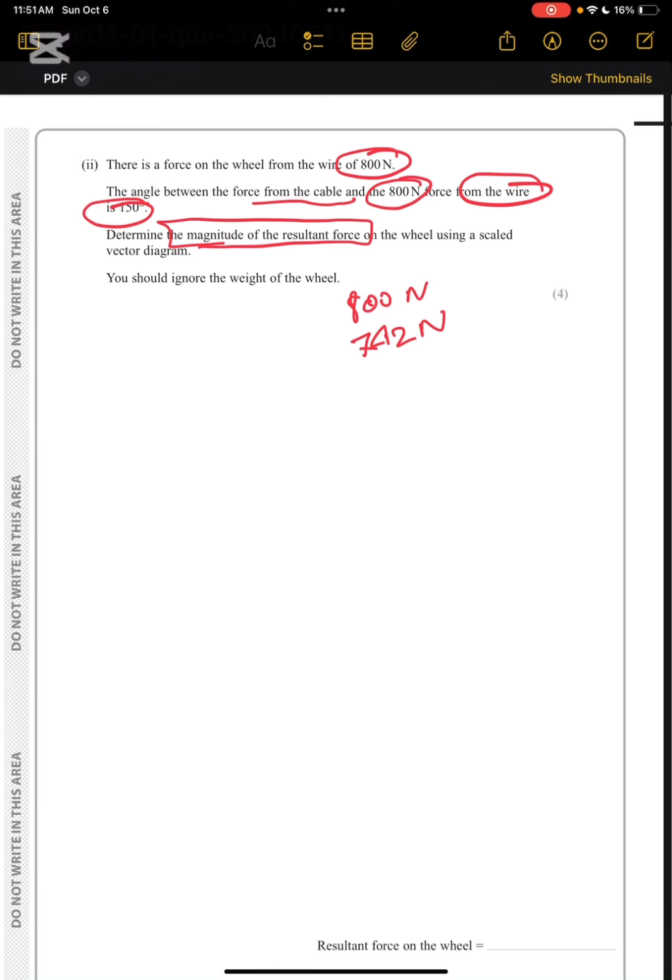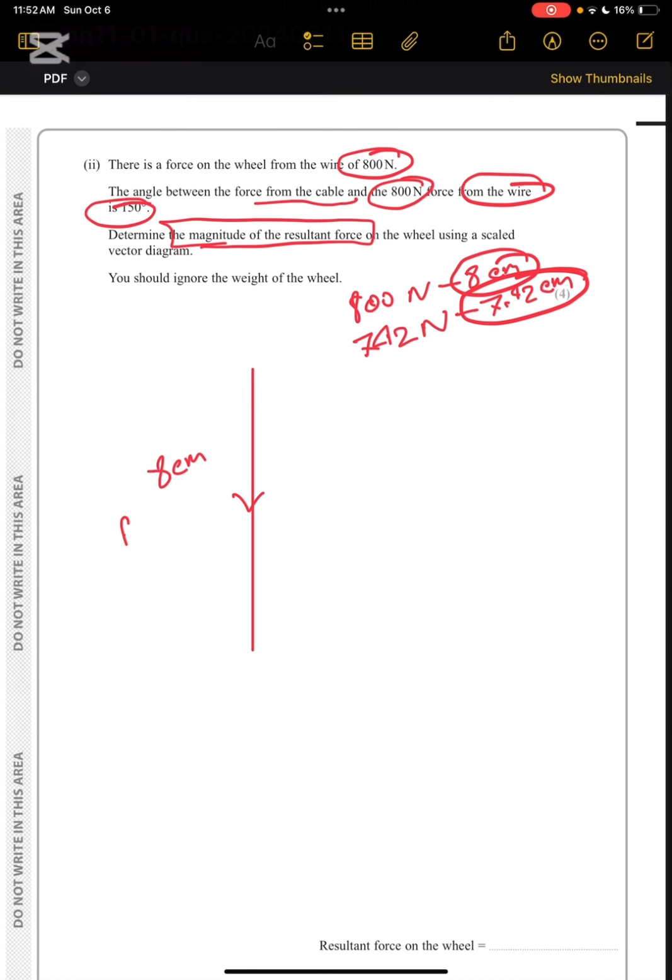So we can use a vector diagram to find that out. What we can do is, for 800 Newton we can take 8 centimeter, and for 740 Newton we can take 7.42 centimeter, and draw these two into a vector triangle to find out the resultant force. If we draw freehand right now, if this is 8 centimeter, which is downward, the force from wire